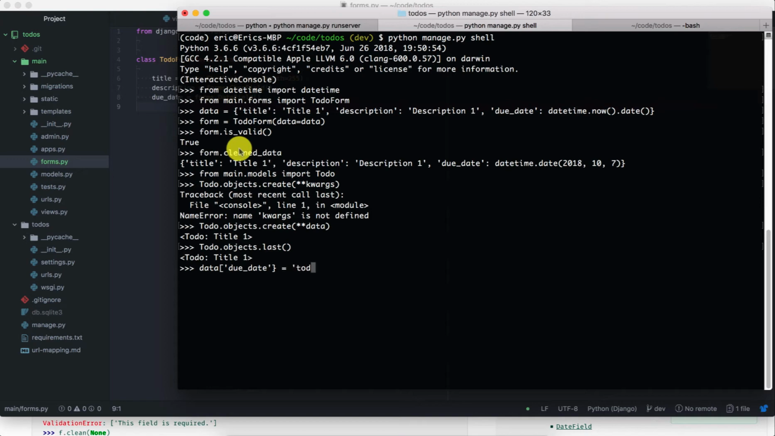Let's say today, a random string. Oops, sorry, it's supposed to be a bracket there. And then let's pass this to the form, the data. So if we say form dot is valid,